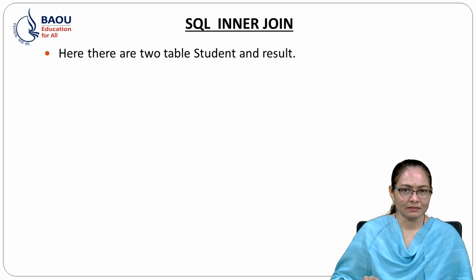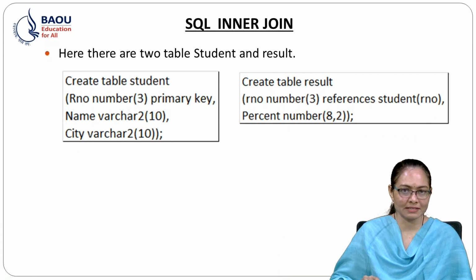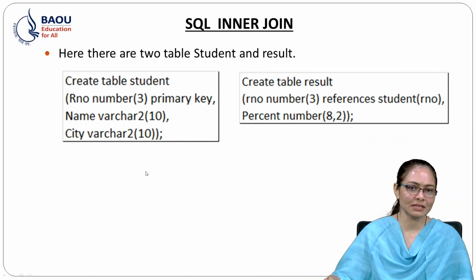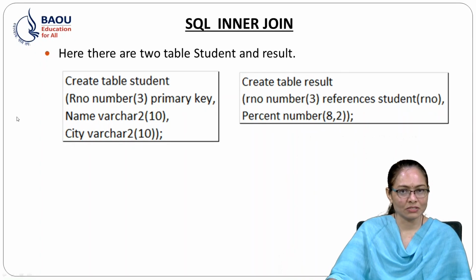Now understand the SQL inner join with an example. Here there are 2 tables, student and result. Based on these 2 tables, we can learn about the join clause. See how to create the tables and the relationship between the tables using the join. For learning the join query, the tables in a join must be related to each other. Now create the table student with the primary key. See in the table, here it is the same as the result table. Create the result table with the reference key.